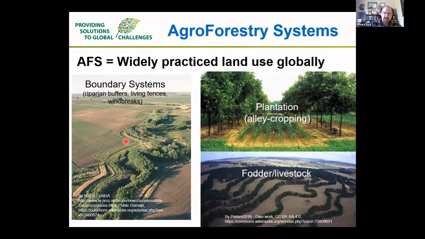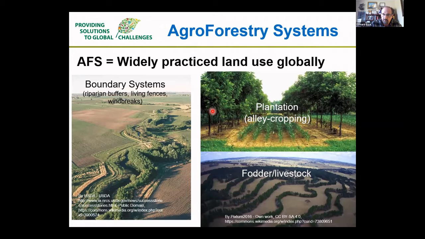So in a very general sense, agroforestry systems are very widely practiced globally. In fact, it's probably in parts of North America where we tend to maybe see trees as somewhat of a nuisance. But if you go to other parts of the world, these agroforestry systems are maybe the norm rather than the exception. And they can be loosely generalized into boundary systems. So boundary systems would represent, as the name implies, where we have forest concentrated to the edges of fields as windbreaks, or use of living fences, which is quite common in the tropics, or even as riparian buffers.